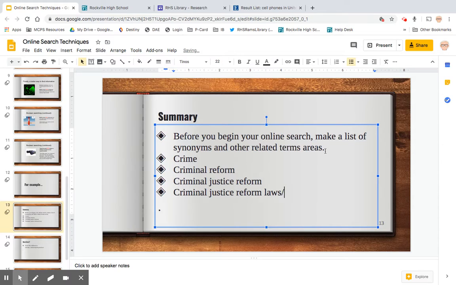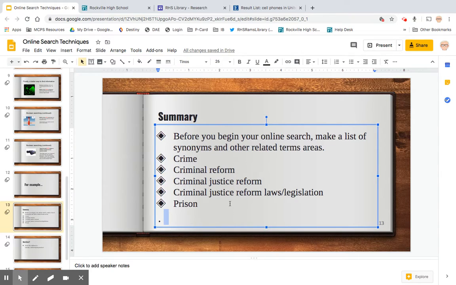What's another word for laws? Legislation. That's another word you could search for. Let's see. What's another word for jail? Talk about crime, and how about prison? And you can probably take prison and go up here and do prison reform laws or legislation. So if you have search term options, you'll get better results because you're empowering the internet to go out and search for different things,